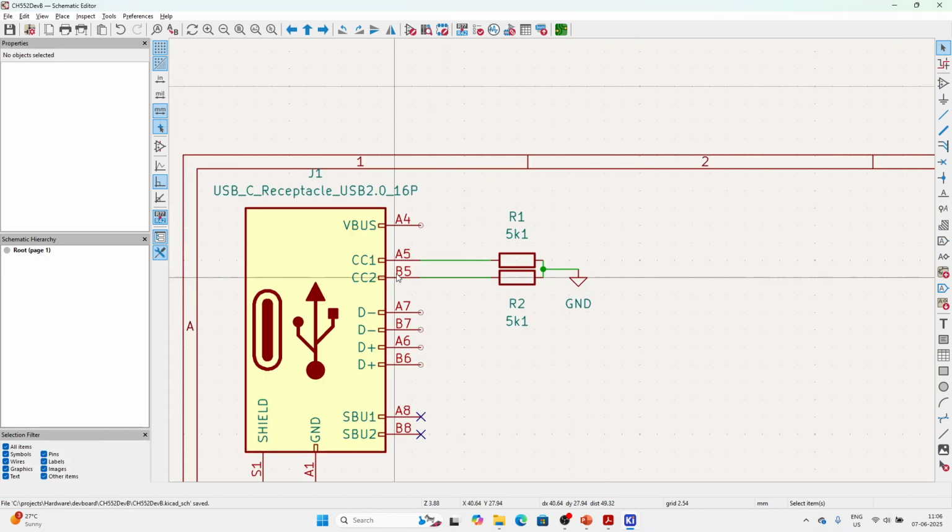Okay, this is with respect to power negotiation of USB 2. If you need more information on why I have selected 5.1, please Google power delivery mechanisms for USB-C using 5.1k resistors on CC1 and CC2. You'll get a lot of articles. There is an article from KiCad that also helps you understand the different values that you can put if you want to increase the